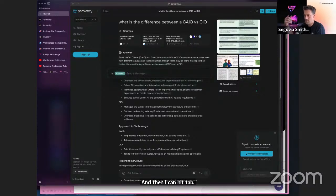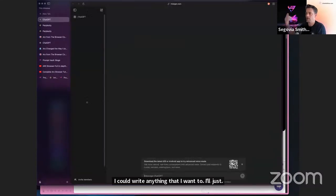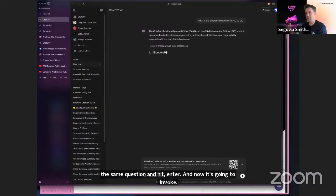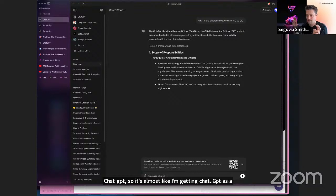And now it switches, it does this little magic animated thing. And now it shows me the green ChatGPT. And now I can put in, again, I could write anything that I want to. I'll just repeat the same question and hit enter. And now it's going to invoke ChatGPT. So it's almost like I'm getting ChatGPT as a secondary default search engine with an extra, it's like saying,